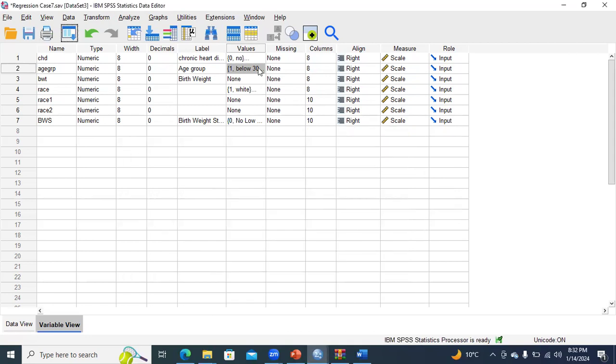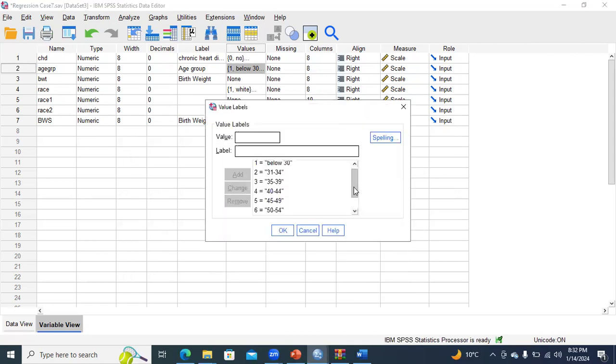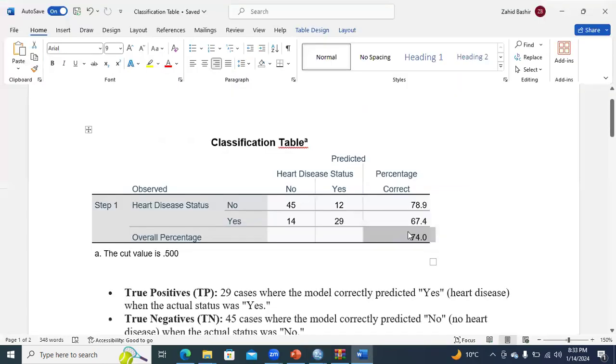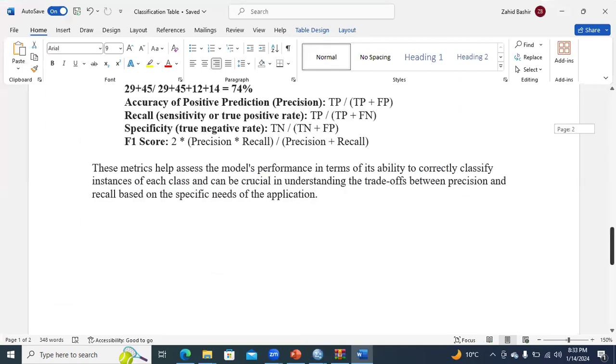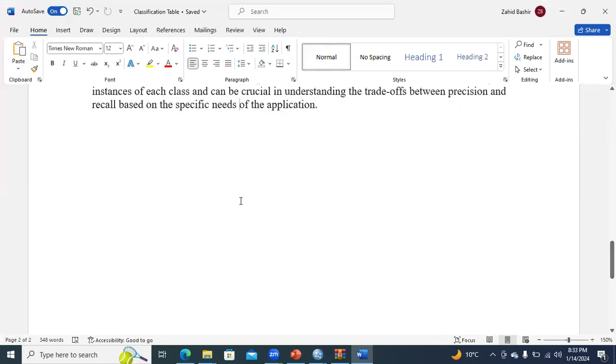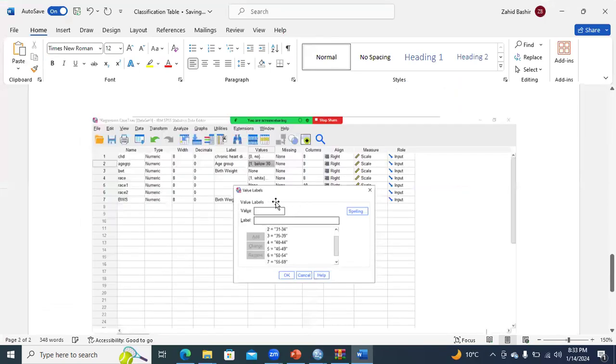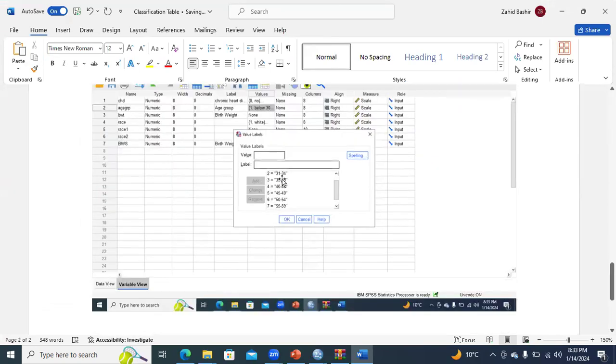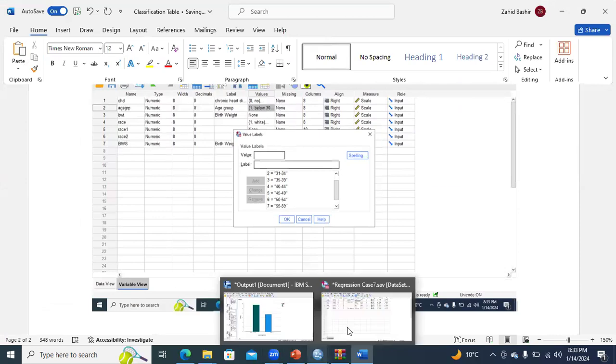I think the category that we are entering over here, just a minute. We need to have a screenshot of all these categories so that we may comfortably create them. So you just need to have a screenshot here, so that we can see. So the first category is 31 to 34 age. So go here,